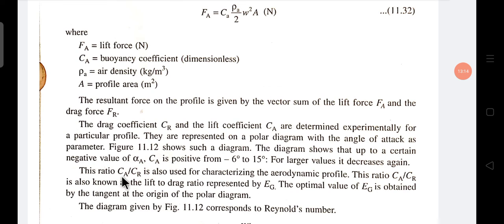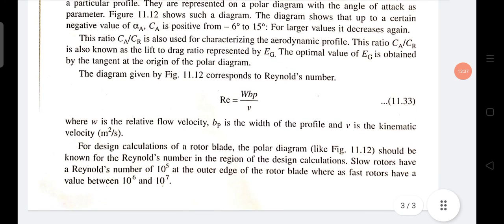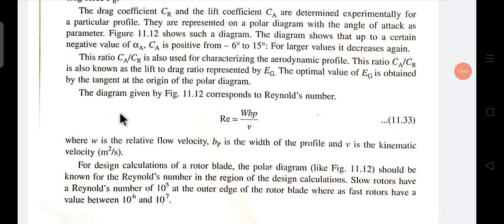The ratio of Ca and Cr is also used to characterize the aerodynamic profile. This ratio is also known as the lift to drag ratio, represented by Eg. The optimal value of Eg is obtained by the tangent to the origin of the polar diagram. Then the diagram, this figure 11.12, corresponds to the